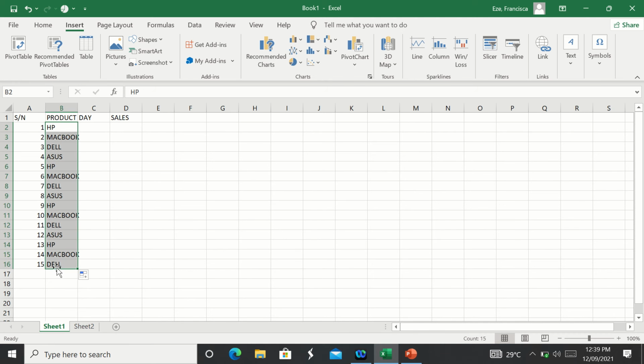You click the first information, and you drag to the third one, and once you get there, you remove your hand from the shift button, then you drag down. Okay, this cell right now is looking too small for some of my data. So for it to make all my data fit very well, you click on this part,